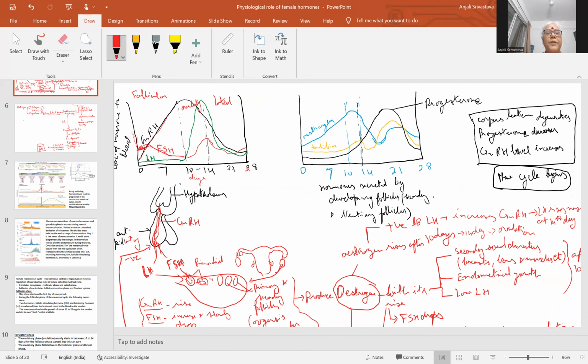10th day के आसपास, 7th to 10th day के बीच में इसमें एक sudden drop, it drops slowly, and this is the LH. This LH shows a steady growth till the 10th day. And now why this is the steady growth is because this